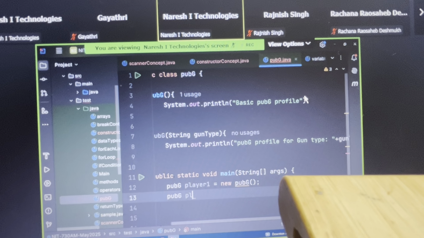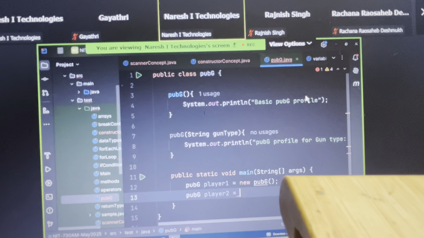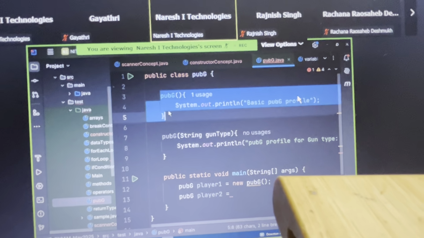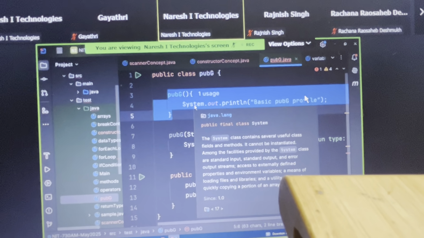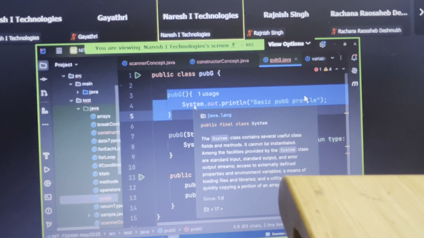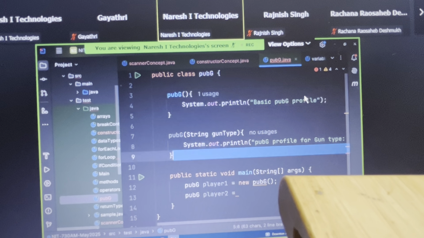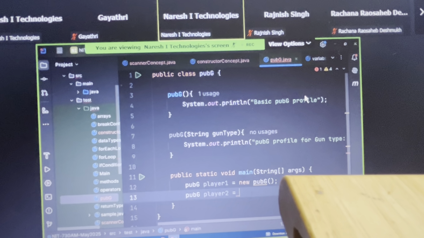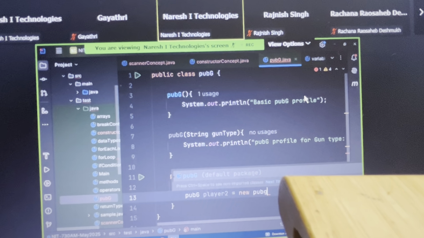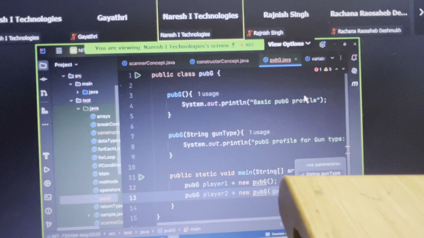PUBG player 2 is equal to player 1, what will be his situation? He is getting a basic profile, basic gun, basic skin, basic costume, basic hairstyle, everything basic. But here you want to modify something. So you want a different gun. So player 2 is equal to new PUBG of, let's say,